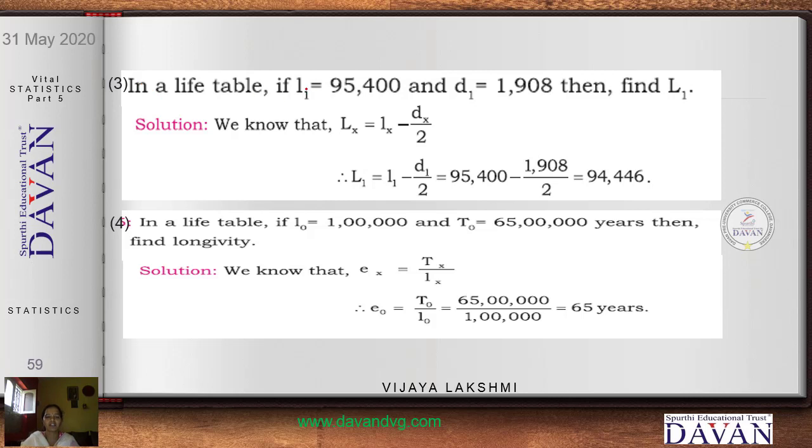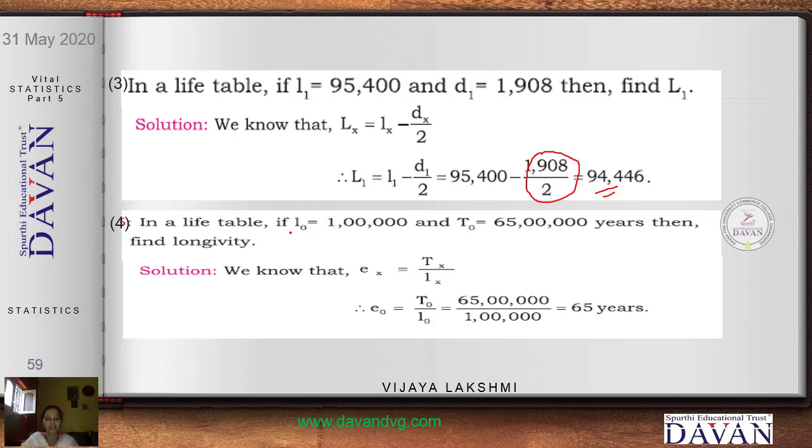So in a life table, if L1 is 95,400 and D1 is 1,908, then find L1, capital letter L. So capital letter Lx is equal to small lx minus dx by 2. So capital letter L1 is equal to small letter l1 minus d1 by 2. So l1 is 95,400 minus d1 is 1,908 divided by 2. So divide this and then subtract from 95,400. You get